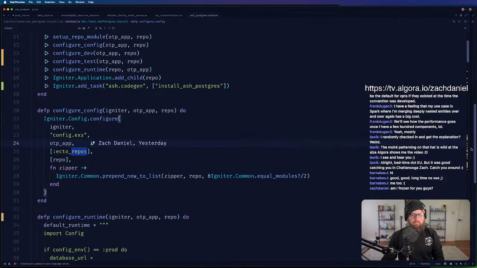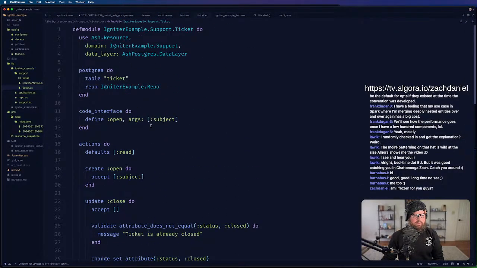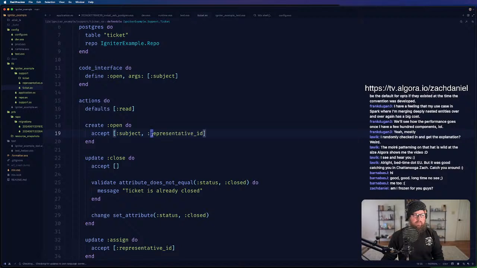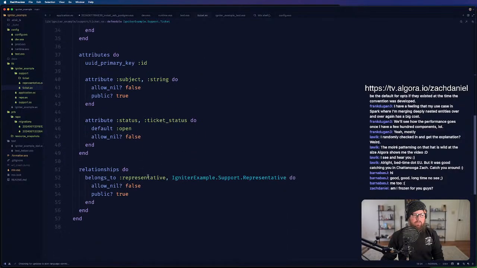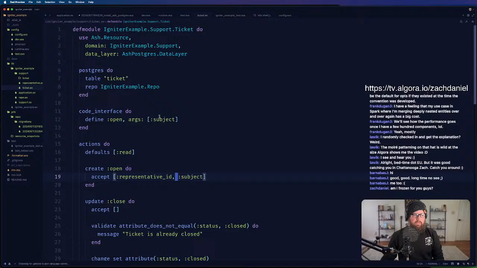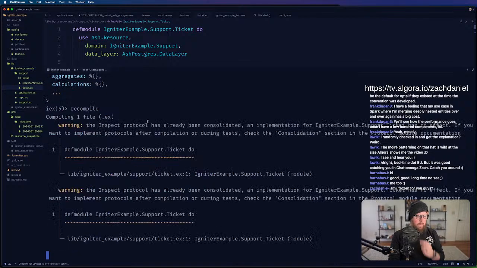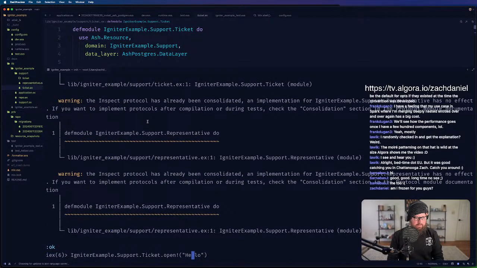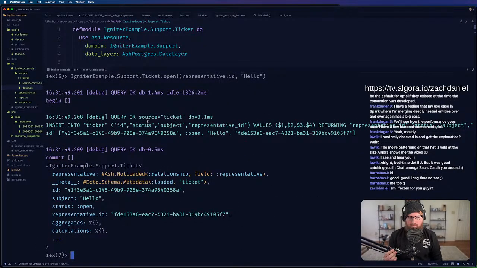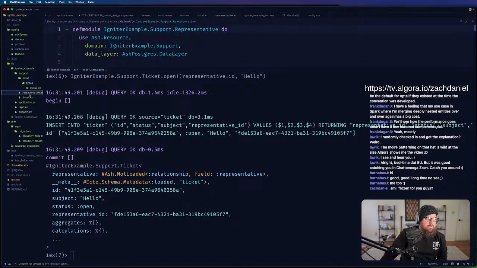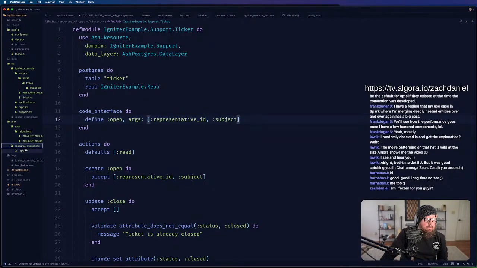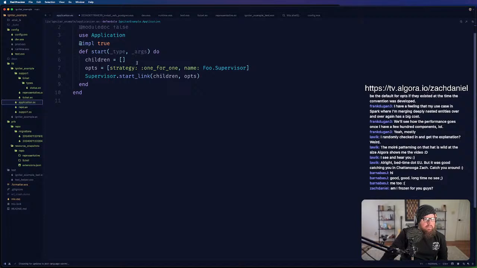Okay, so then for myself, I'm going to leave it as required for this so I can just test it. And open needs to take a representative ID and a subject, and then it will do the code interface, define. Okay. So now I can open a ticket with a representative.id. Cool. So the installer actually does drop you in, generates all of your config files, gives you the example code, you get some resources you can play with, generates your migrations, supervises your,